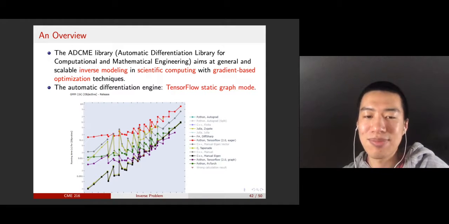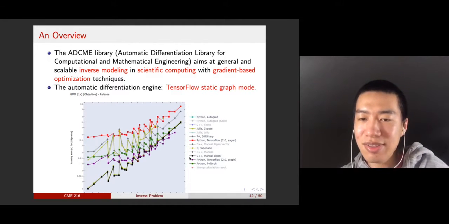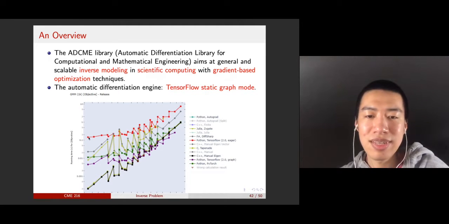It's more like hand-coded, not automatic differentiation. It's like a hand-coded differentiation system, but it's automatic because it is converted automatically by computer programs. And also you have the Python eager mode, and it actually has the worst performance. So that's why we use the